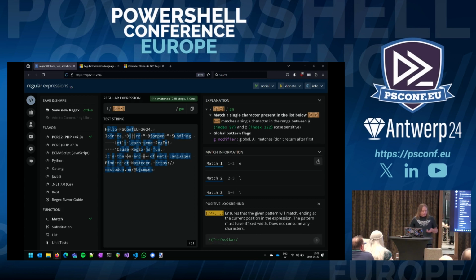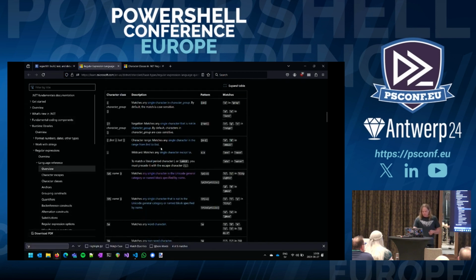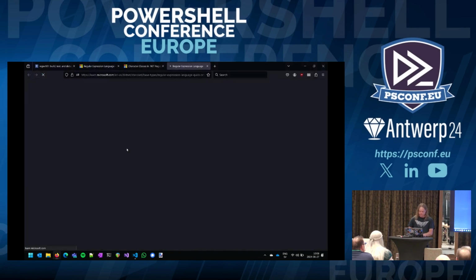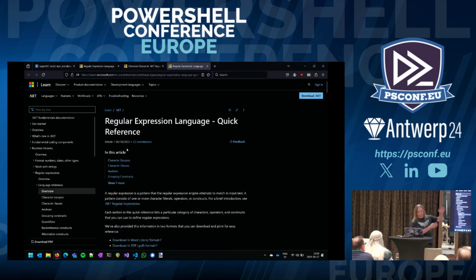Because, like I said, it doesn't make sense to just remember all patterns. There are more pages. Regex 101 is my favorite, but you have Regexer, and there's a lot of others. But use them, because it doesn't make sense to try to remember. And when these don't do, there's the official Learn documentation, always good.